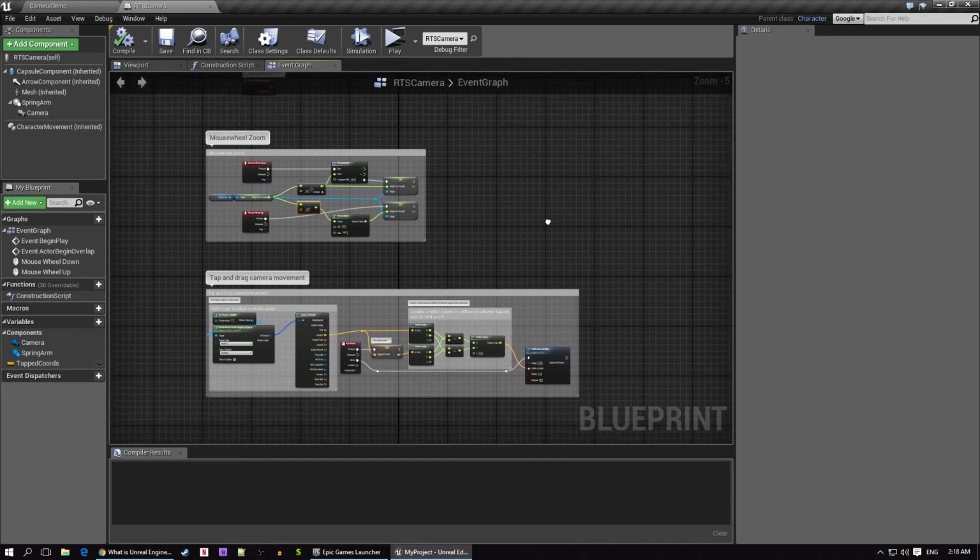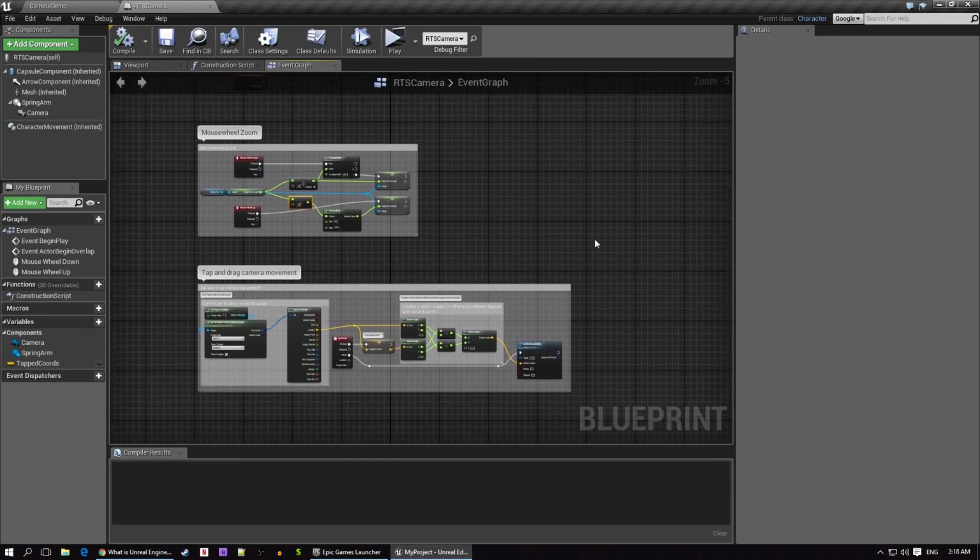Now, you might notice that I'm kind of meticulous with my blueprint, so there's a lot of comments in there, and the nodes are aligned sort of vertically and horizontally typically. It's not always perfect, but there's a snap to grid type thing here. But anyway, I plan on keeping things looking nice, if for no other reason than to make it easy to digest what I'm doing at any given time.